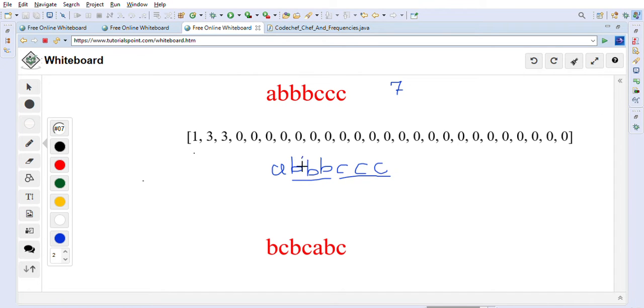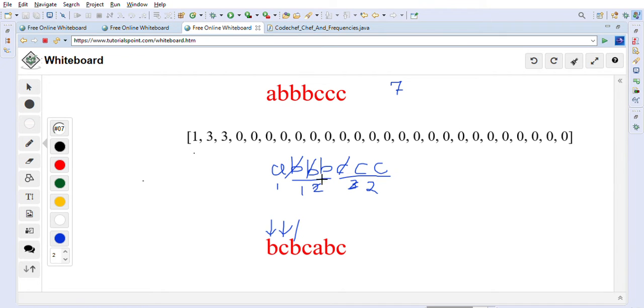So we will remove one B here and put that B into the new string. After that, the frequency of B becomes 2, the frequency of C becomes 3, and the frequency of A is 1. Now the maximum frequency character is C, so we take C and append it to the new string, and the frequency of C becomes 2. After that the frequency of B and C is 2, but B is smaller than C, so we will take B, so B becomes 1, and we append B here.